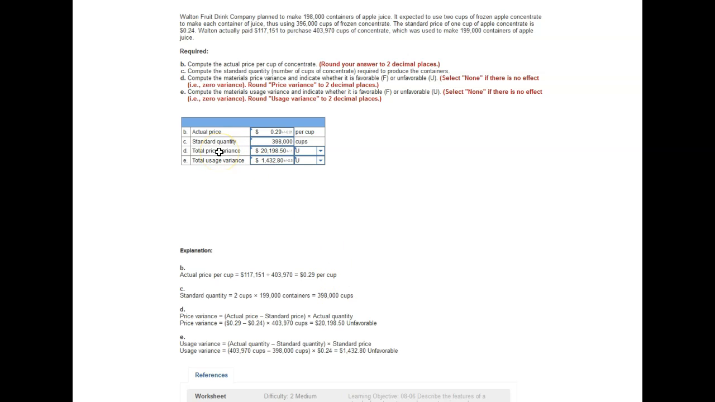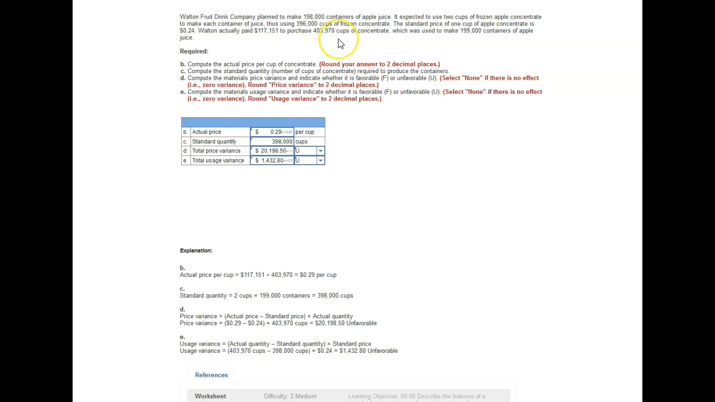Now they would like the price variance, the total price variance. The price variance is the difference between the standard price and the actual price. And we computed the actual price here. It's the difference between that times the actual cups purchased. Here's the formula. Actual price minus standard price times actual quantity. That's just something you'll need to memorize. That's the formula. Actual price, we computed it, 29 cents. Standard price, they gave it to us, 24 cents. Actual quantity purchased, right here,